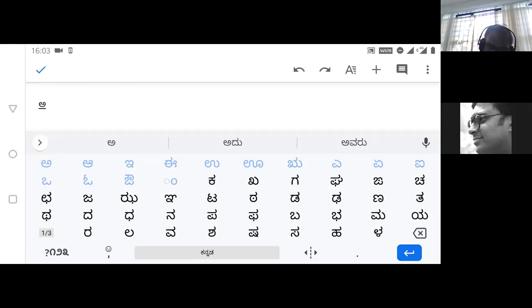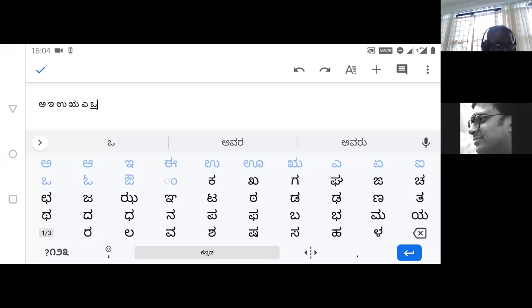A, I, U, R, A, and O. All right. A, I, U, R, A, O. These are the 6 short vowels which you have in Kannada.